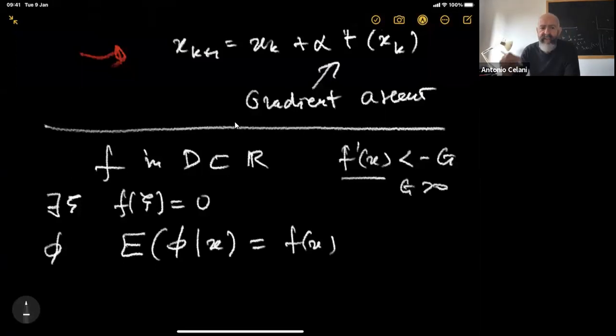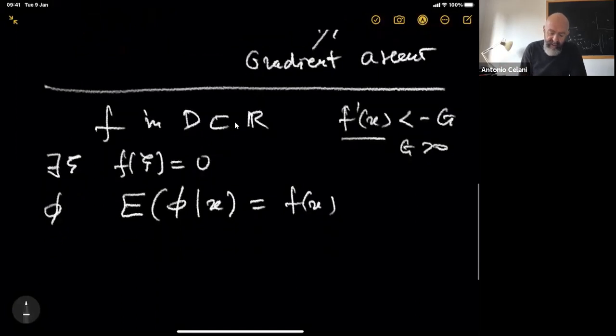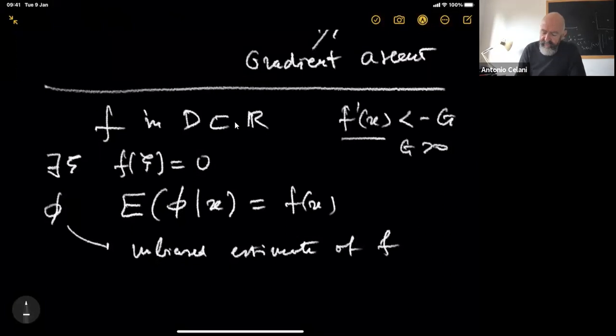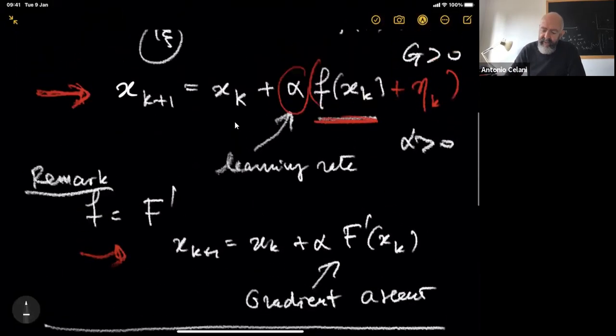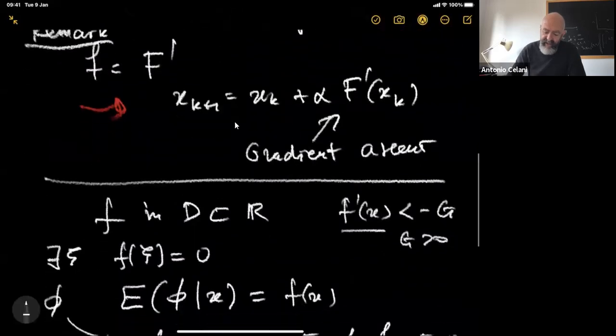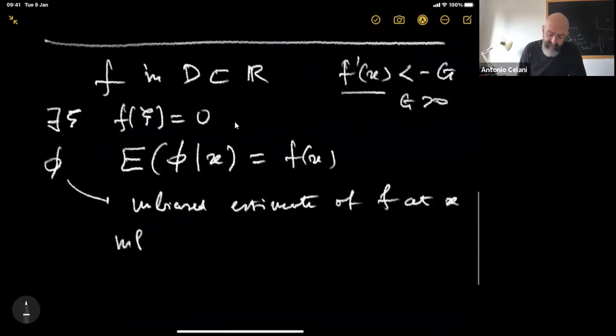This means that phi is an unbiased estimate of f at x, at any point, which is another way of writing, informally, what I get: